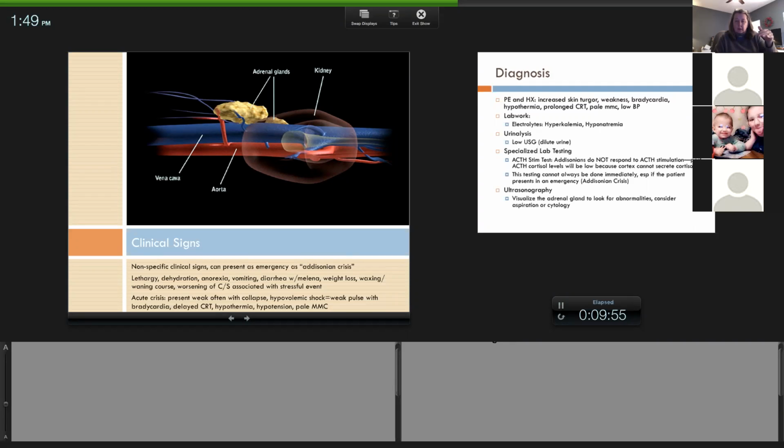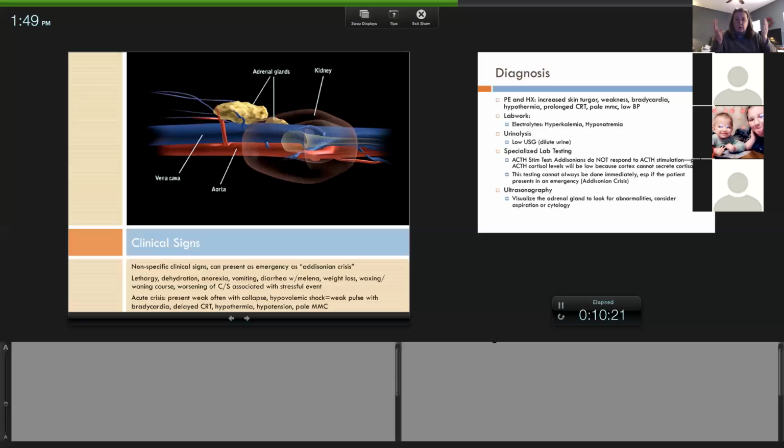And when we look at their gums, they can be pale and have a CRT greater than 2. Again, anytime you have a pale mucous membrane, and anytime you have a CRT that's extended, like greater than 2 seconds, right off the bat, that is inadequate perfusion. The whole reason that you push their gums and see how quick the color comes back is how well the blood is getting to the tissues.